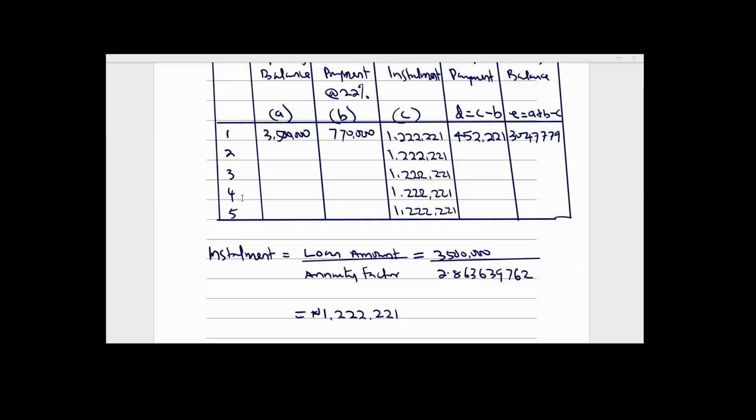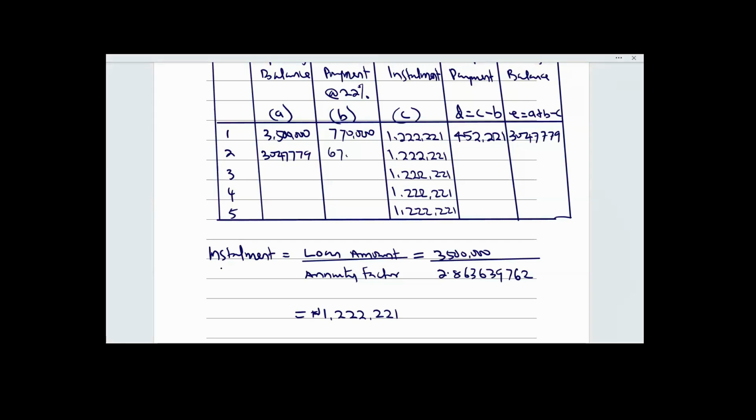That is 3.5 million plus 770,000, then minus 1,222,221. So we still have the same thing as 3,047,779. So your closing balance at the end of year one will become the opening balance at the beginning of year two. So here will be 3,047,779. So we need to get interest on that. So 3,047,779 multiplied by 0.22. That will give us